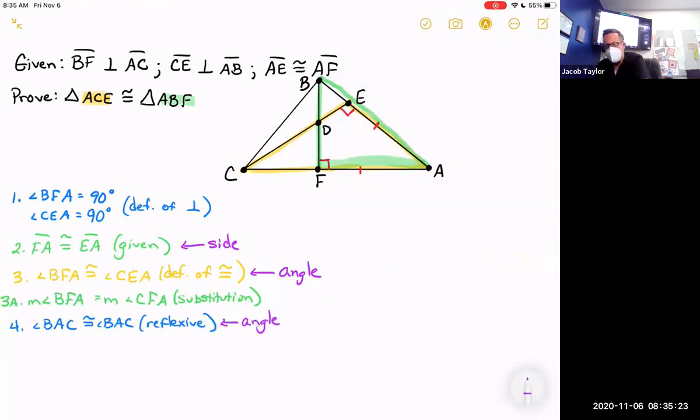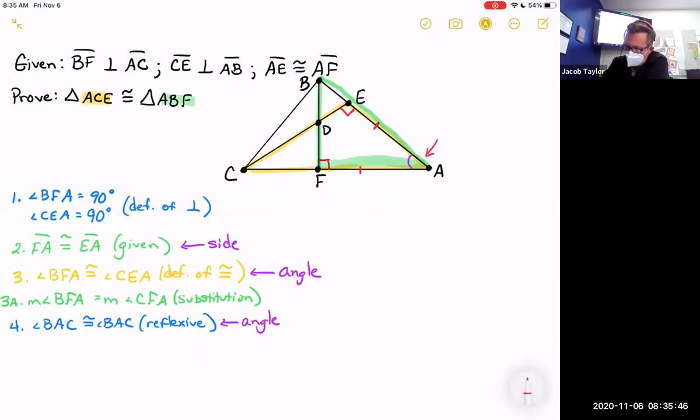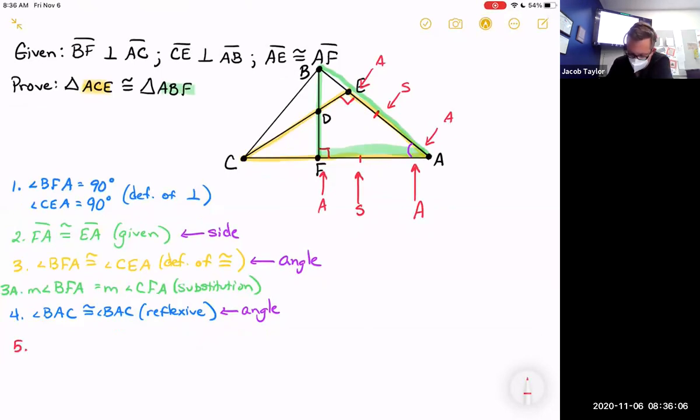So we have two angles and a side, but now it starts to matter, is it the included side or not? Because we have an angle-angle-side theorem, and we also have angle-side-angle. So is the side included in between the two angles or not? Well, let's see. Looking at the green triangle: angle, side, angle. And the yellow triangle: angle, side, angle. So the side is included between the two angles. So I can now prove triangle ACE is congruent to